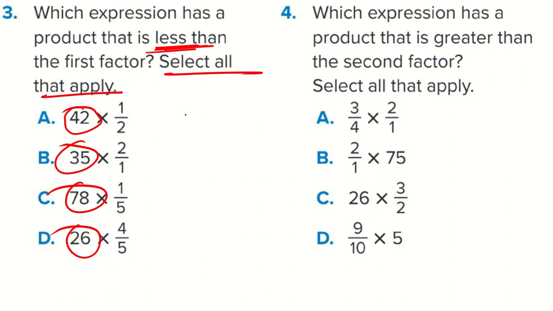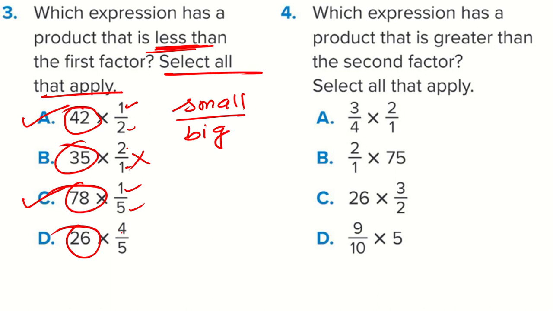Now, you see, what you will do here, you want to find less than. So we will see that the numerator should be small and the denominator should be bigger, okay? So here it is small, it is big, so this will be the option. Then here it is big, here it is small, so this is not the option. Small, big, this is the correct option. Then small, big, so this will be the correct option, okay? Same for here,